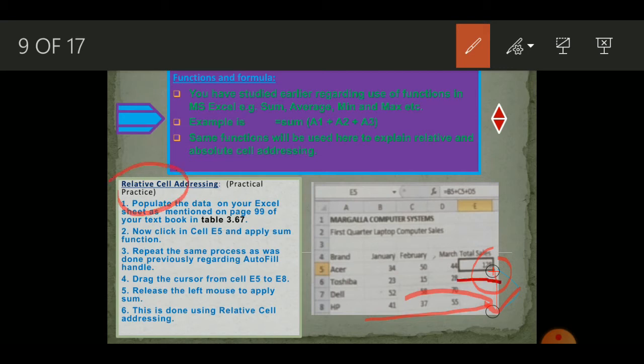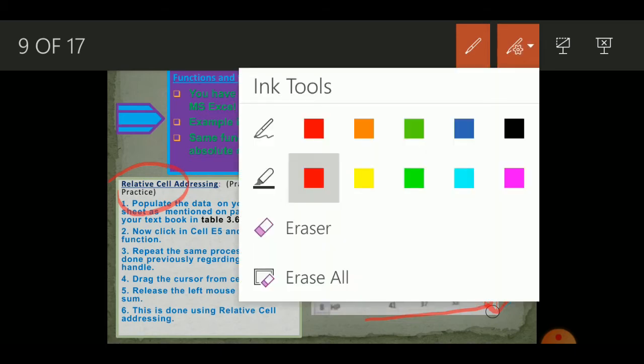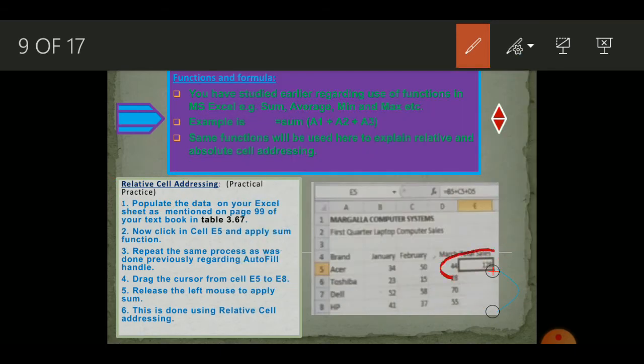So each cell has got a next cell to it, which is called its relative cell. So as we have applied the formula to one cell, it is not an ethical practice to type each formula again and again for each cell. This is time consuming. So we will use the autofill handle to copy the formula automatically. It will be automatically copied to each cell.